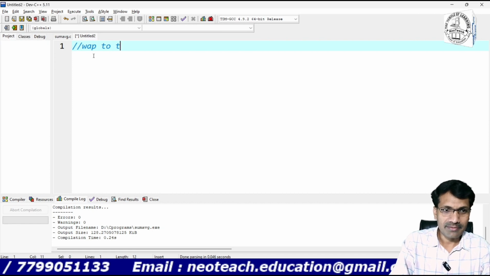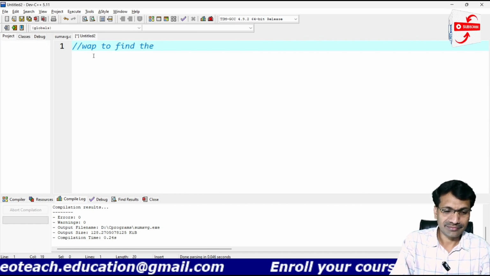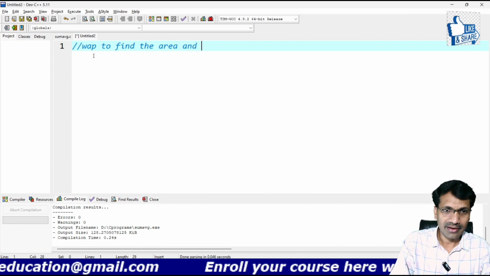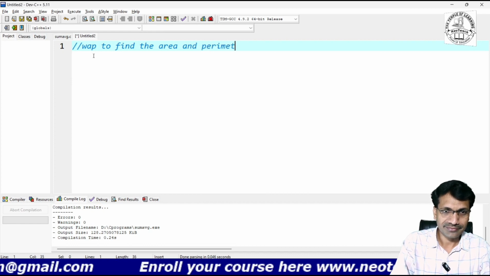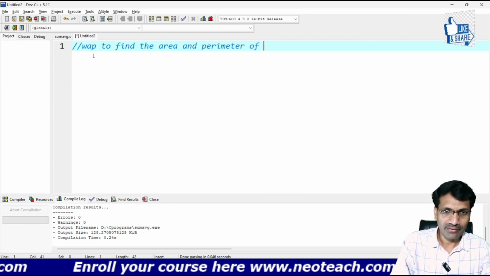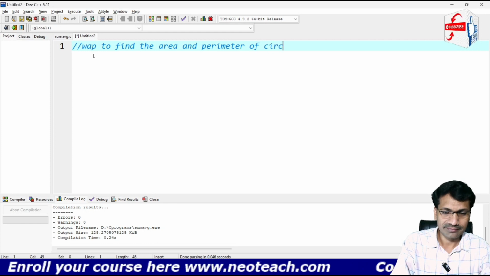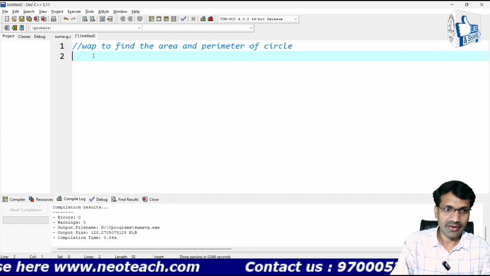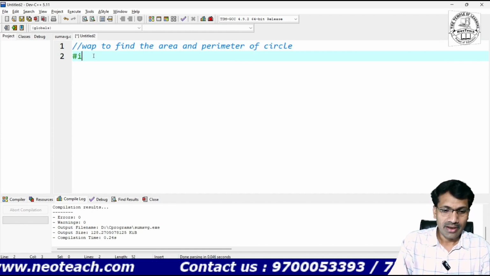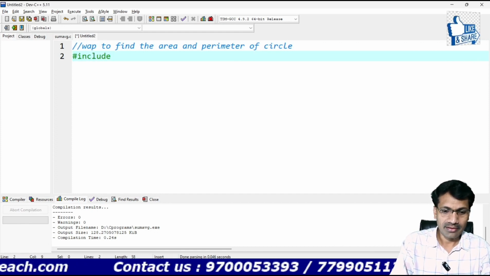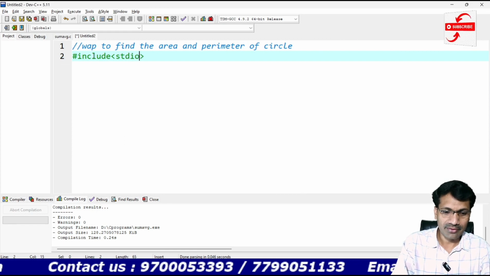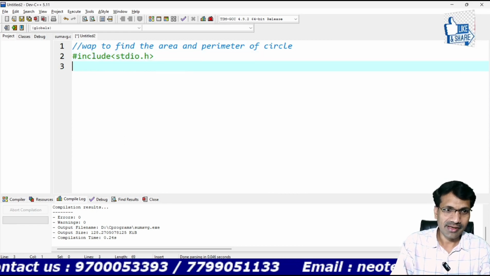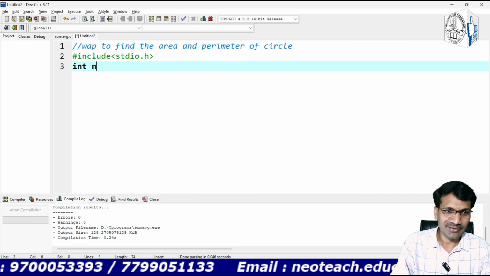So write a program to find the area and the perimeter of circle. Okay. So here hash include as usual stdio.h, done, and here int main,